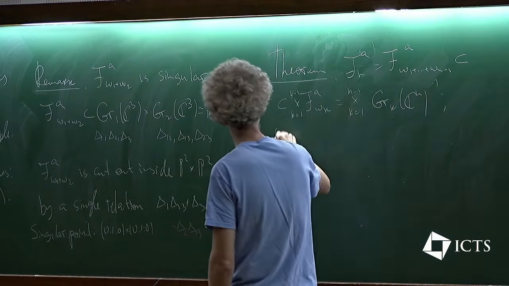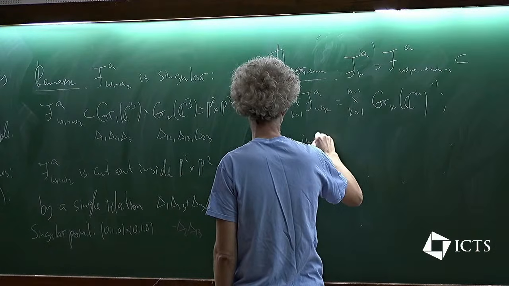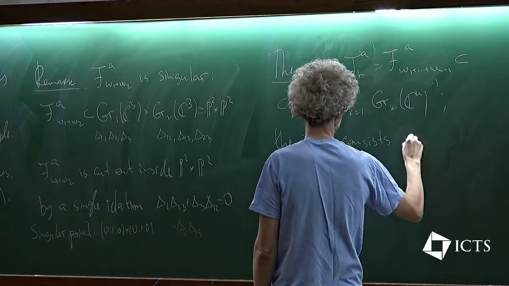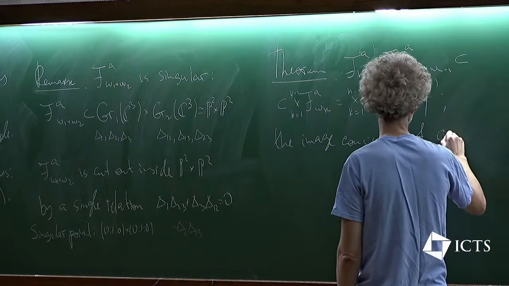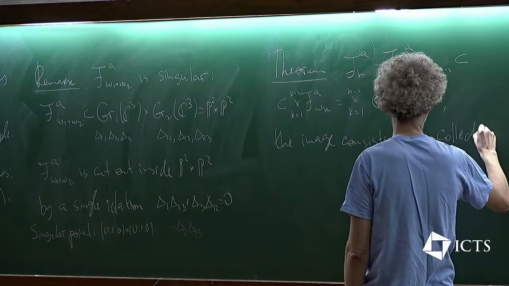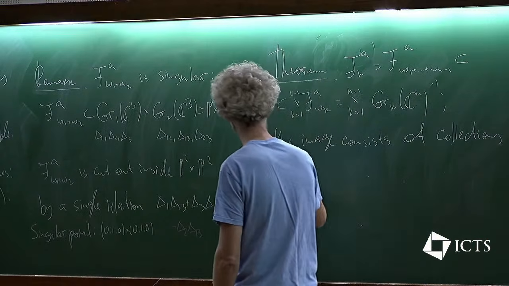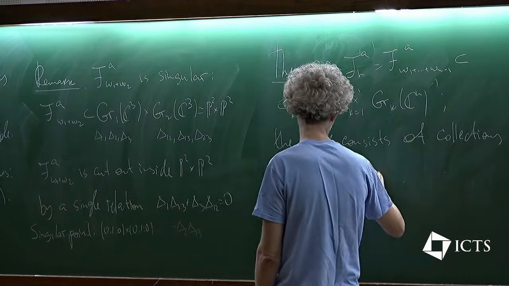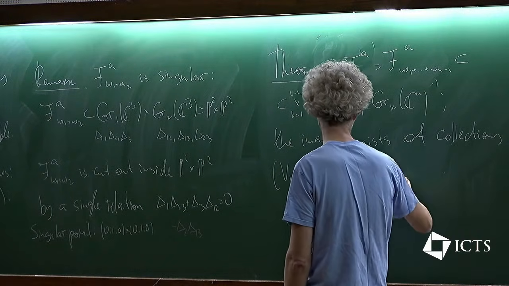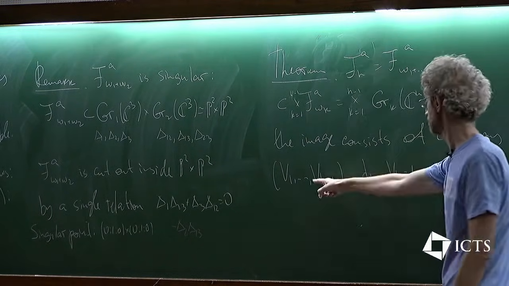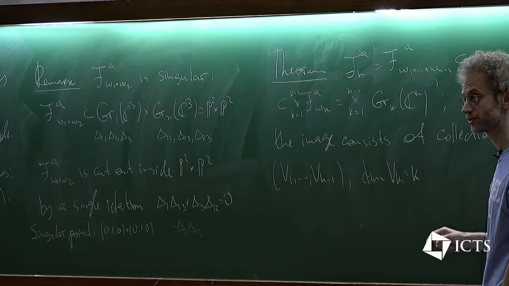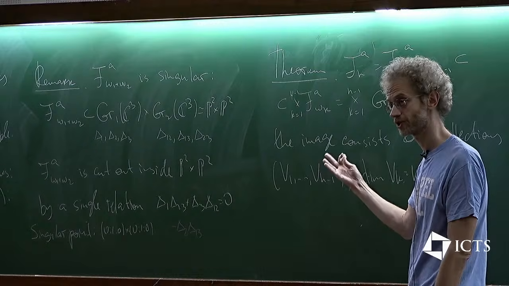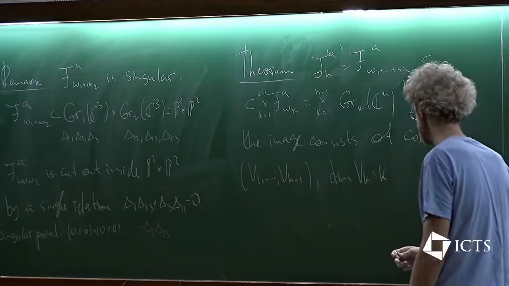The image consists of collections V_1, ..., V_{n-1}, where the dimension of V_k is k. So these are points in Grassmannians. So you see there is no embedding. These are so far just an arbitrary collection of vector spaces. And the